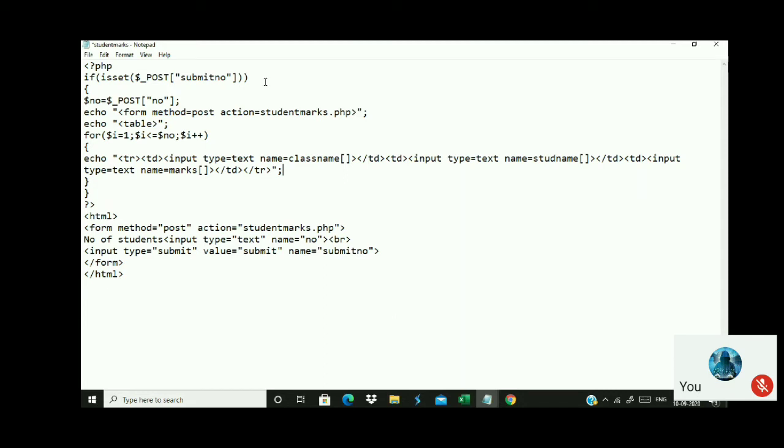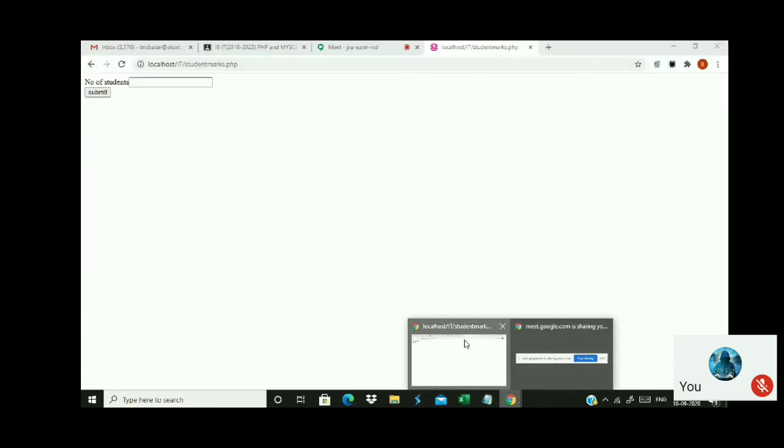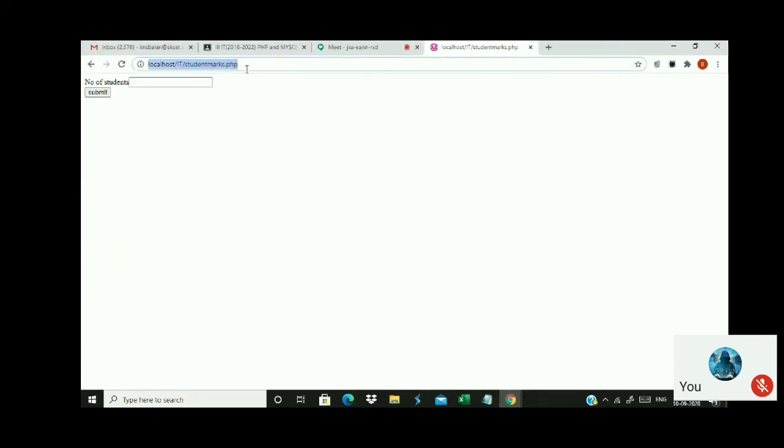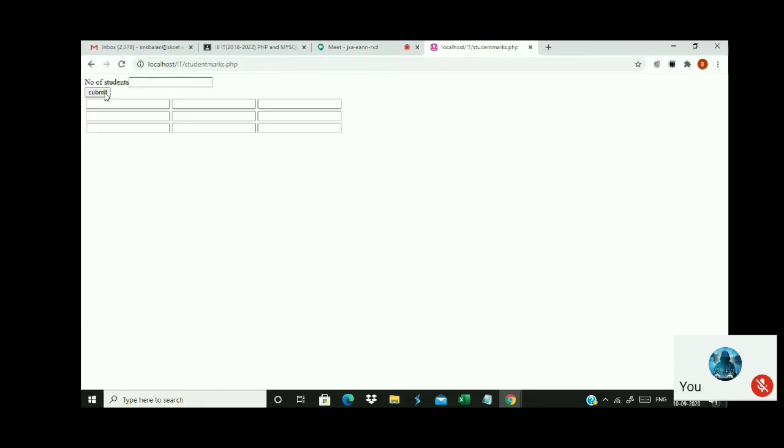I will show you. Now listen carefully. I will show you here. Now see here, I enter 3. Now see here, there are 3 records. There are altogether 9 text boxes. So the first row stands for the first student, the second row for the second student, so on and so forth.